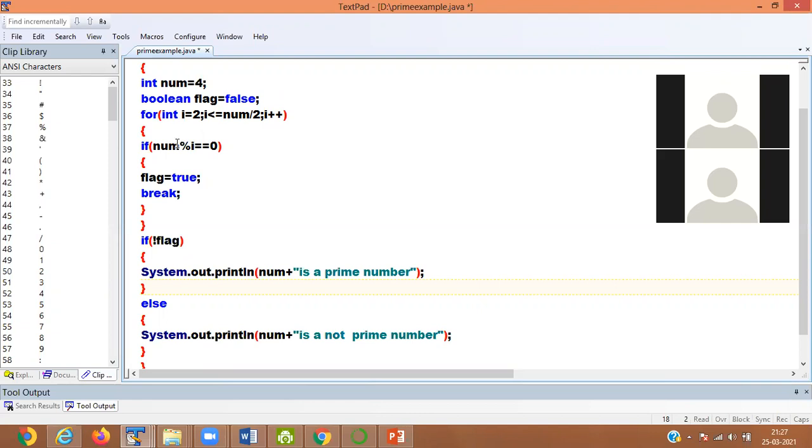Now it is coming to the inner part. If 4 modulo 2 is equal to 0, the condition is true. When the condition is true, this flag is already false. Now it becomes true. So flag is now true. When flag is true, it breaks here. It breaks, which means your looping is stopped where? This one.